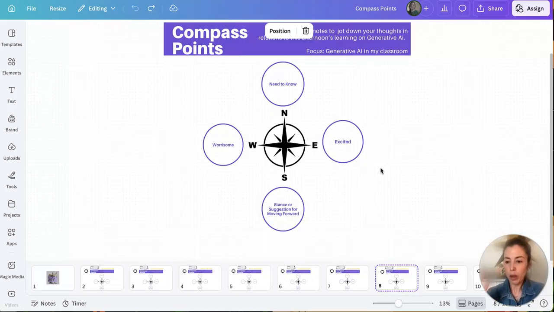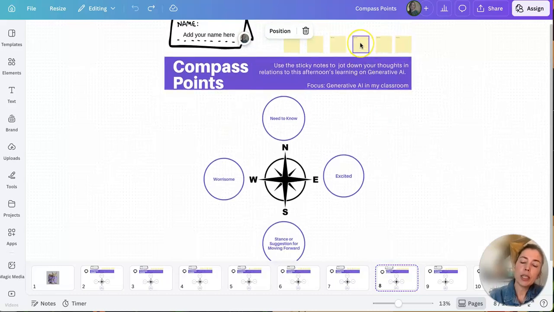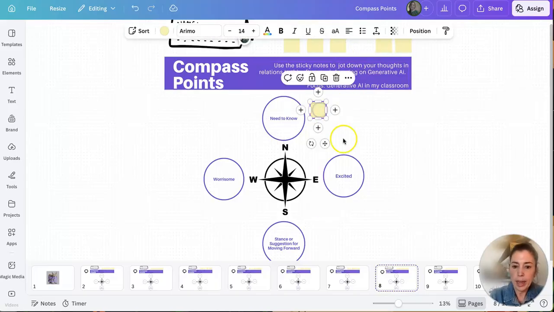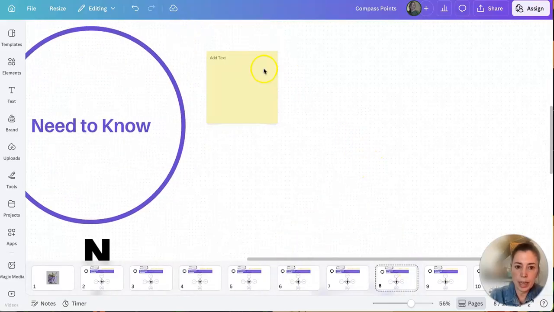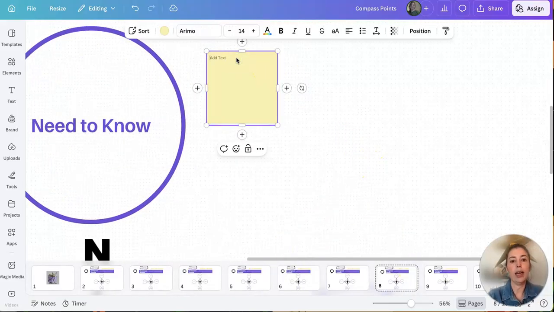This is crazy. Or some people are like, oh, I don't know, I'm curious. It was one of those great topics for us to dive into. So you'll see I've got some sticky notes up here. It can also be a thing where I'm just going to drag it down, and then I'm going to enlarge it, and then I'm going to type my thinking. I'm going to add my text right here, and I'm going to say,